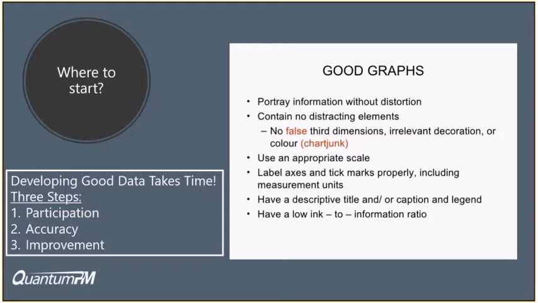So you've got to make sure that there aren't any penalties in the organization for giving accurate information. So first participation, then make sure it's accurate. And once you've got that in place, then you can go for improvement. You can't improve something if you don't have good data. So that's the step-by-step method for getting that accomplished.